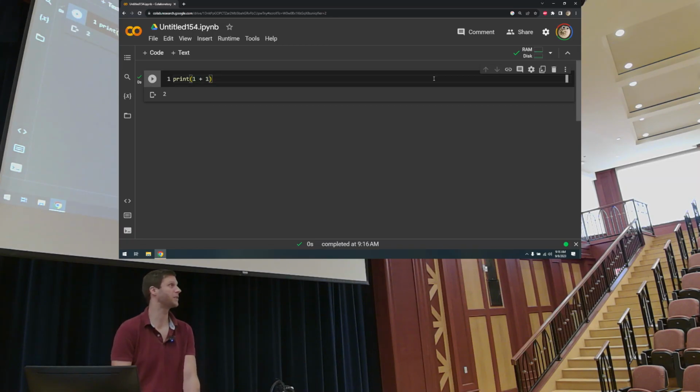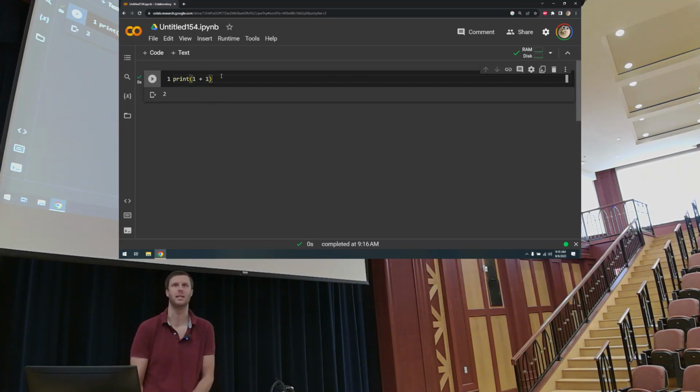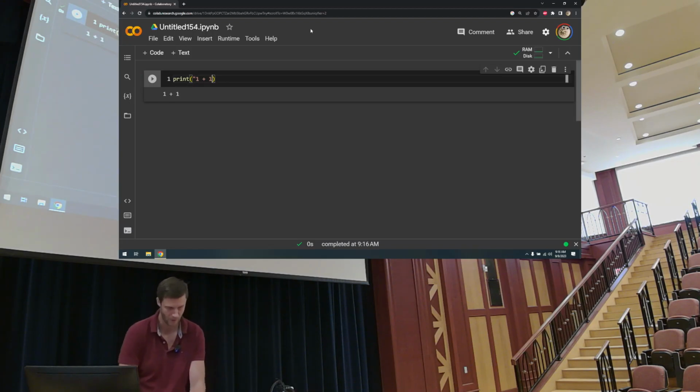Is it going to print 1 plus 1 or 2? It printed out 2. Why? Because it saw the integers 1, and when it sees plus next to integers, it means we'll add them together. I could have made this a string, and now it prints out the string 1 space plus space 1. I can add the integer 1